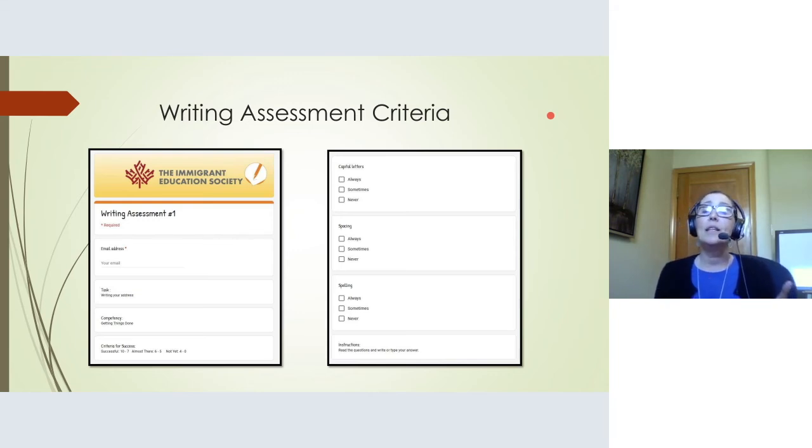So this would be my cover page on an assessment I might give in class, and it talks about the task and the competency and the criteria for success and the rubrics, and I would introduce many of these ideas in class to my students by projecting my task assessment onto my smartboard. But now what I'm going to do with the students is I'm going to talk about it. And I also have a place